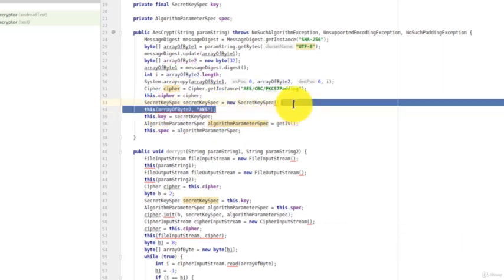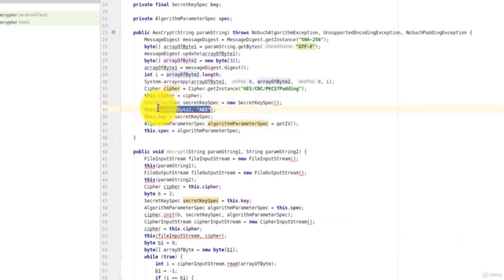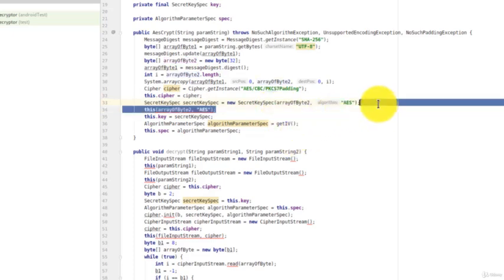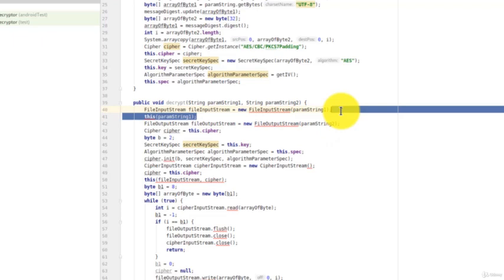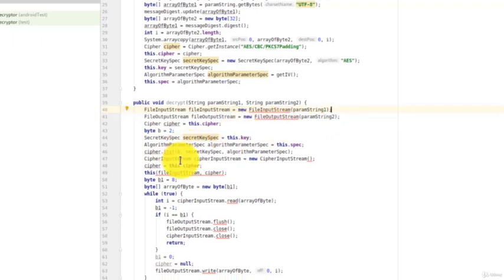Here, JD-GUI has a weird way of passing the parameters, so all you need to do is take where you see an error like this. Just take these parameters and pass them directly. It's just the way JD-GUI decompiled the passing of the parameters, which is kind of breaking stuff. So the same thing all over. We're going to take the parameter from here, pass it to here, and remove the line.